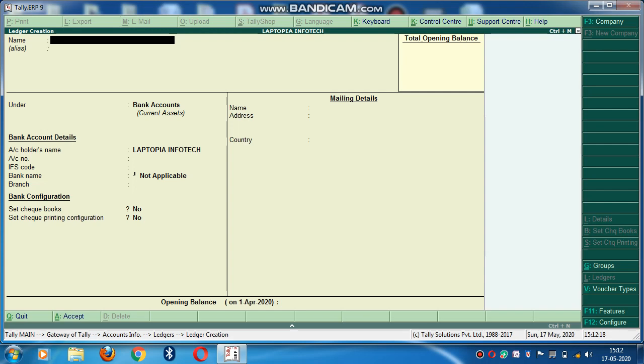Suppose I'm purchasing goods from China, and the company name is China Exporter. I have to make the ledger to do the journal entry, as I've said previously, because a ledger is created to pass journal entries. So I'm making that company's name as a ledger, China Exporter.